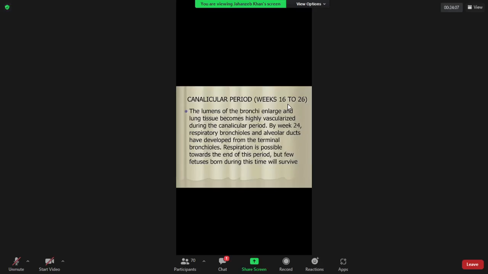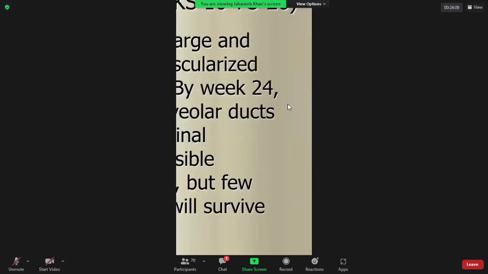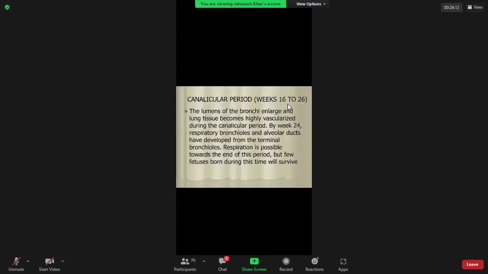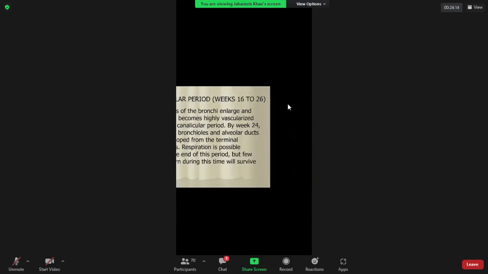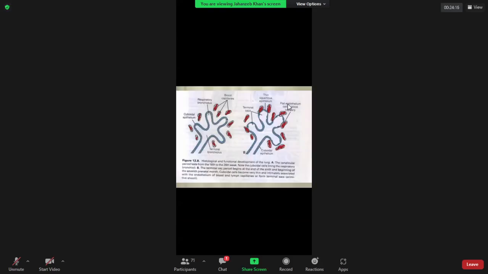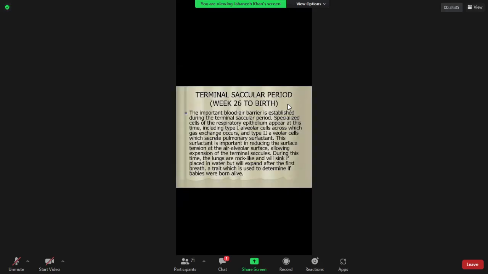So this is again the diagram of another slide, in which you can see that these are the blood capillaries which are associated with them। ठीक है ना, एल्विलीज के साथ ब्लड कैपिलरीज इनके क्लोज कांटेक्ट में आ रही है, जहां से इनको एक्सचेंज ऑफ मटेरियल, एक्सचेंज ऑफ गैसेस इन्होंने करनी है। सो दिस इज अ टाइम कि जिसमें शायद जो सर्वाइवल के चांसेस हो जाए, शायद ना हो. Now, the terminal sac period,